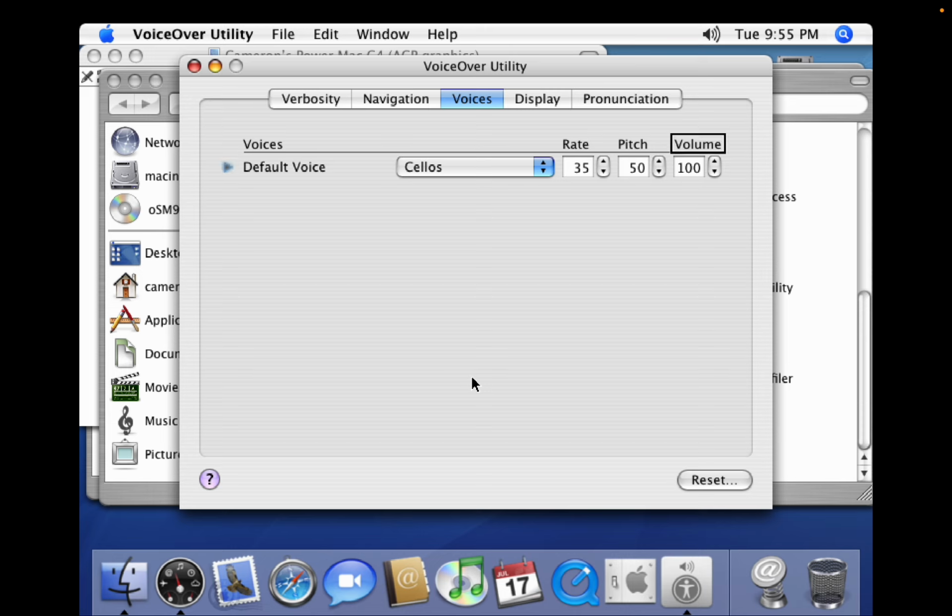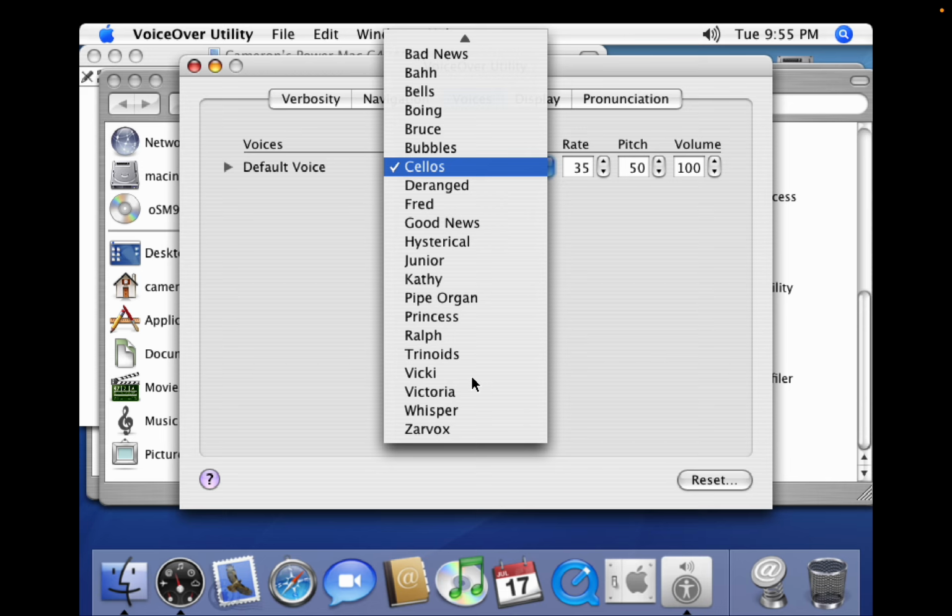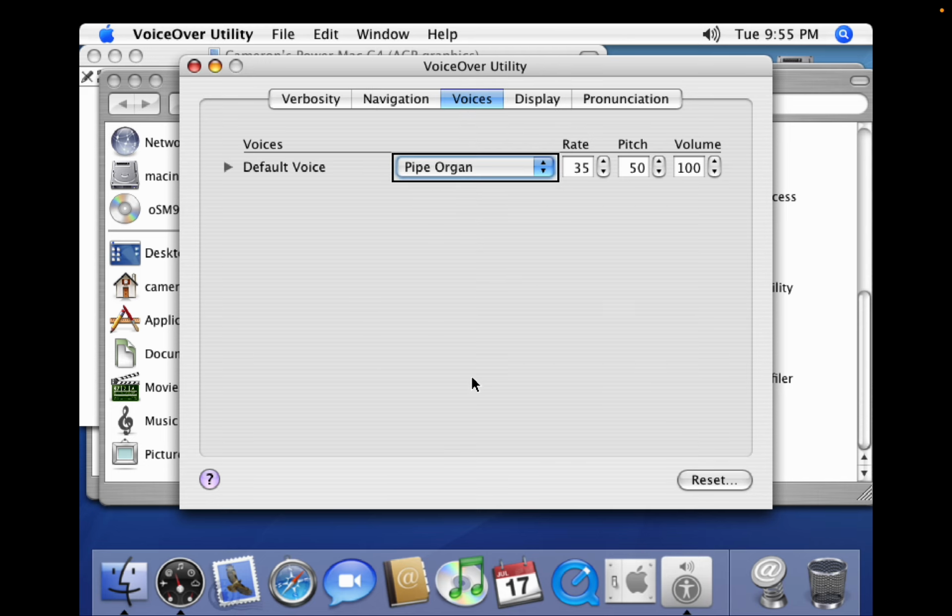Normal. Let's switch back to the default. First, let's actually switch to Pipe Organ. Nothing is as powerful as an idea whose time has come. That's so cool. Now pitch,